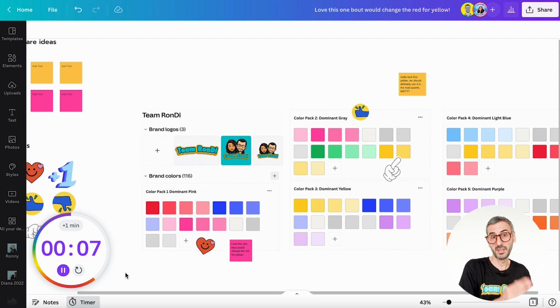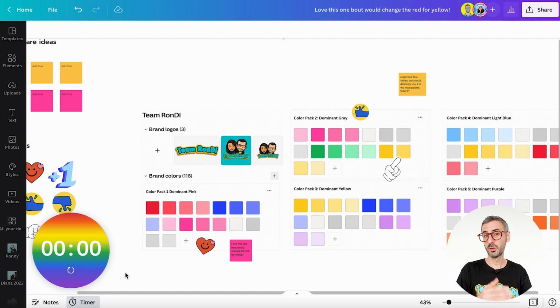And we see when it comes to 10 seconds, I'm going to start receiving some sounds. And when the timer comes to 0, you will have this sound indicating time is up. Okay, so this is very useful when you work with your team, you need to do focus time, or you need to have specific activities and have a very packed agenda. One thing you have to know is that everyone on the whiteboard will be seeing a synchronized timer. So everybody will be on the same page with the timer. All right, so these were all the features Canva decided to bring to whiteboards for us to collaborate at ease